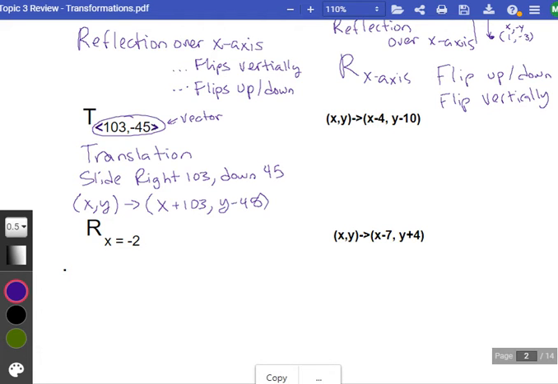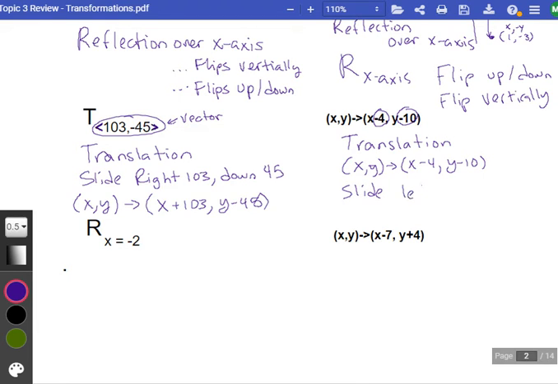Okay, here we have the rule, but again, we can see we have addition, subtraction in the rule. So this will be a translation. Specifically, x comma y shall map onto x minus 4, y minus 10, which means we're going to have a slide of left 4. Because if we're traveling in the negative direction on the x, we're going to the left into the negative part of the x-axis. So left 4, and then we're going to go down